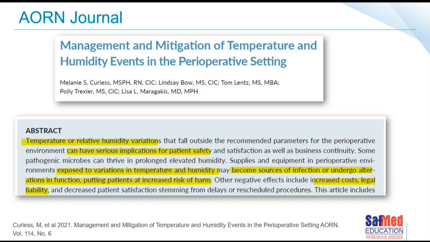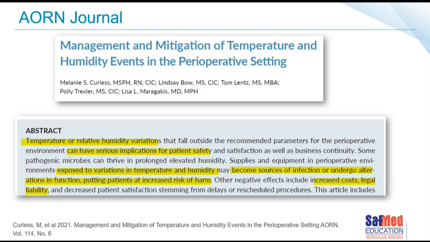This is an article from the AORN Journal, Association of Operating Room Nurses Journal, so it's an American publication. It actually is referring to managing and mitigating the risks of temperature and humidity events in the perioperative setting, which of course is important, but it also is really applicable to us in the CSSD. Just reading the abstract: temperature or relative humidity variations that fall outside of the recommended parameters for the perioperative environment and CSSD can have serious implications for patient safety as well as business